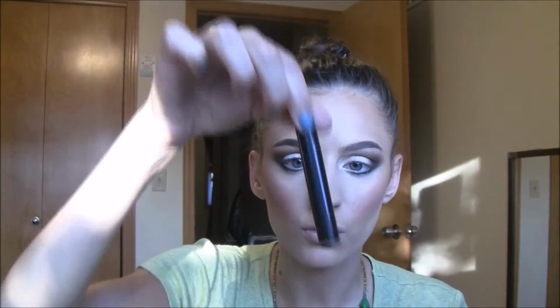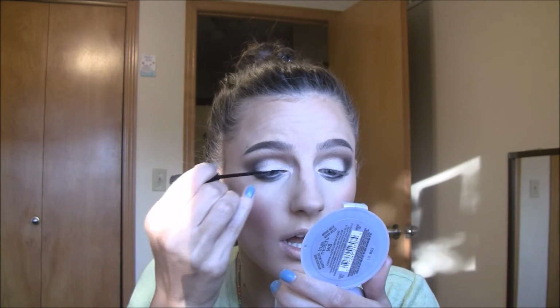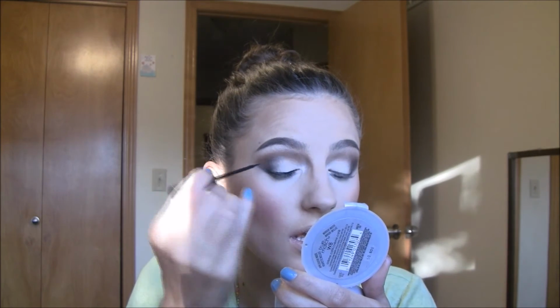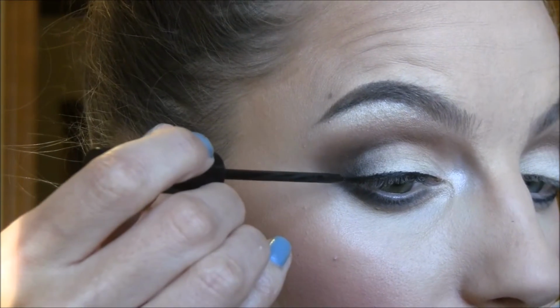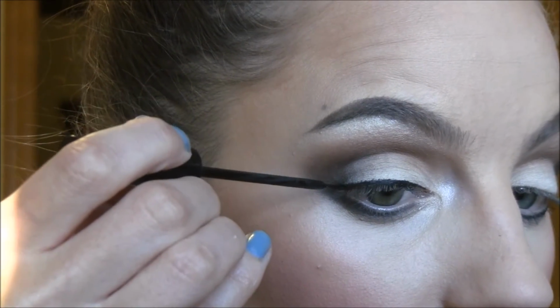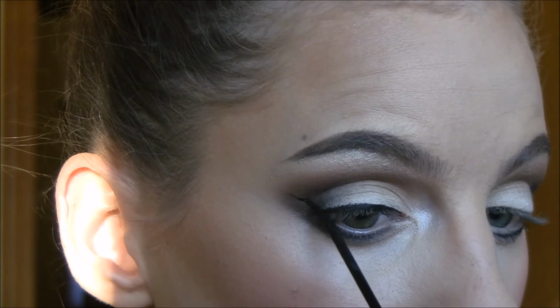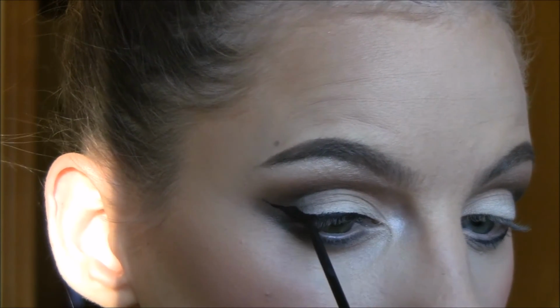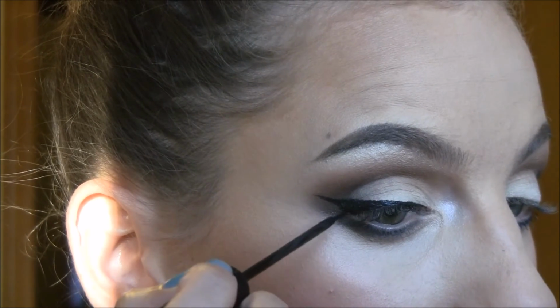So take any liquid liner. This one is the NYC eyeliner in black. This is as cheap as it comes, as good as it comes, honestly. You're going to trace over the top lash line, have your daughter close her eyes, and just quickly trace over the top lash line. And then point your brush straight down and pull up. Then connect. If you have to do a double wing,